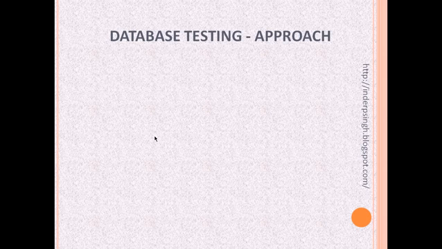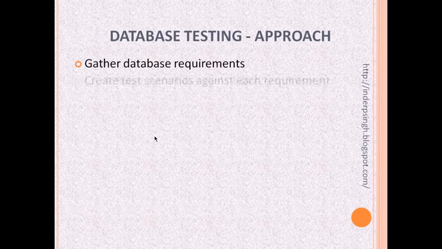Now let us move on to the database testing approach. The overall approach is to gather the database requirements. Database design happens at the system design phase in the SDLC, and there may be some database requirements in the design specification related to, say, normalization, that tables should be normalized, etc. You can read more about it on my blog. Or there can be some performance requirements. So if there are any specific database requirements, you can gather those,